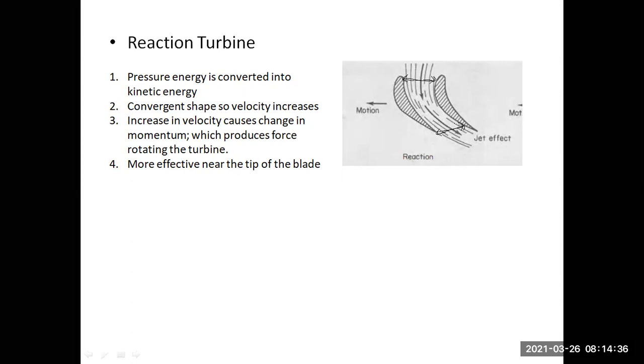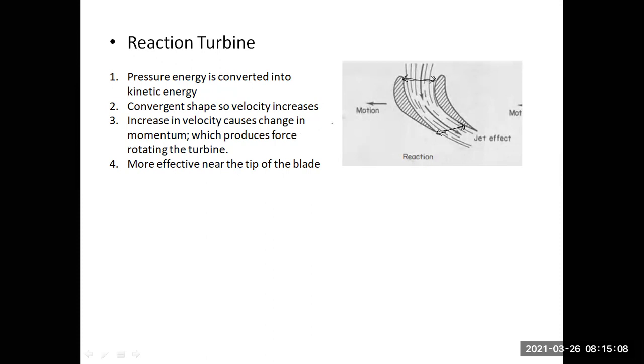Okay, and we have studied from the beginning that whenever the air is entering into the Venturi tube, the speed will increase and the pressure will decrease. So here we are converting the pressure energy to kinetic energy because we are increasing the velocity. As you know, change in velocity will cause the rate of change of momentum, right? And rate of change of momentum is force, Newton's second law of motion. Whenever there is a change in the momentum, it will cause a force. So here there will be a force, beta, this is the direction in which the turbine disk will rotate.